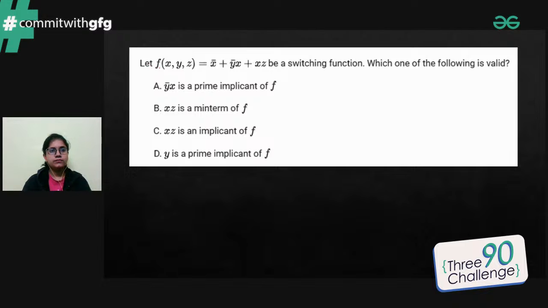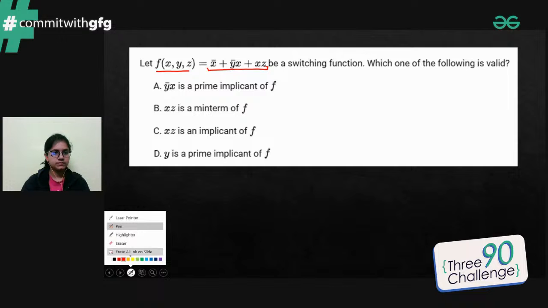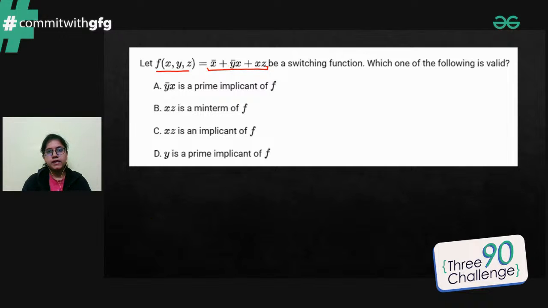Let the function f(x, y, z) equal the expression given to us. Be a switching function. Which of the following is valid? Option A: y bar x is a prime implicant of f. B: xy is a min term of f. C: xy is an implicant of f, and D is